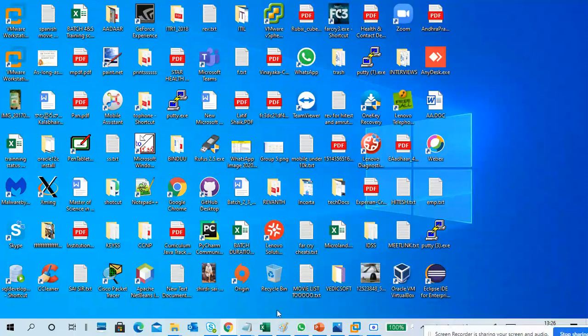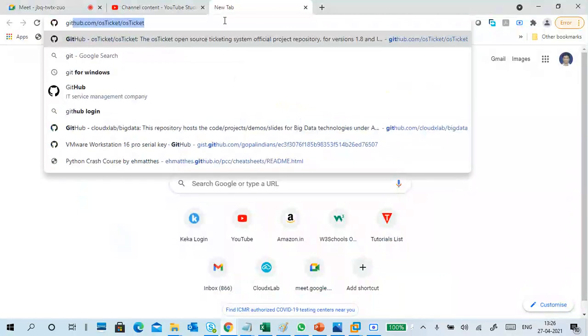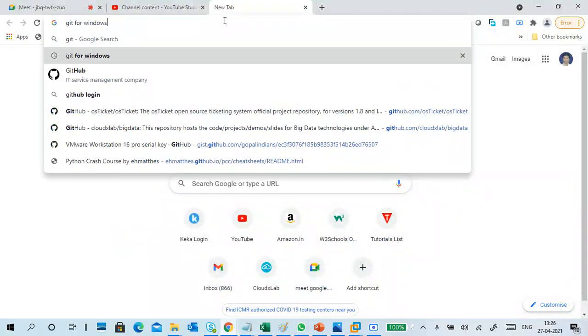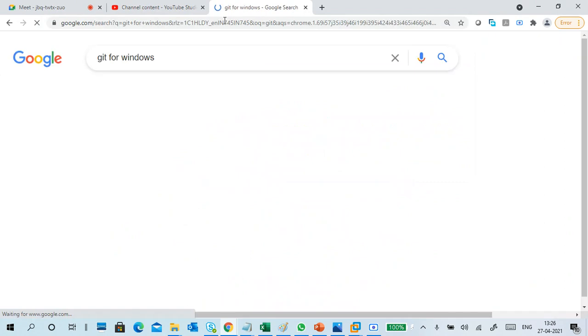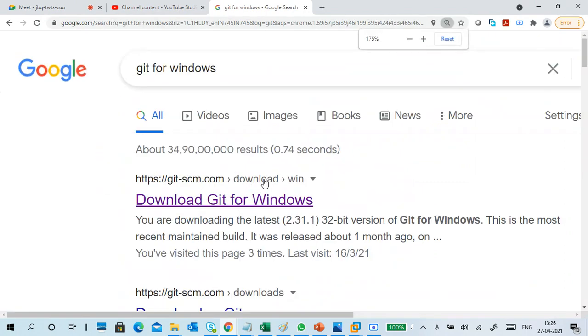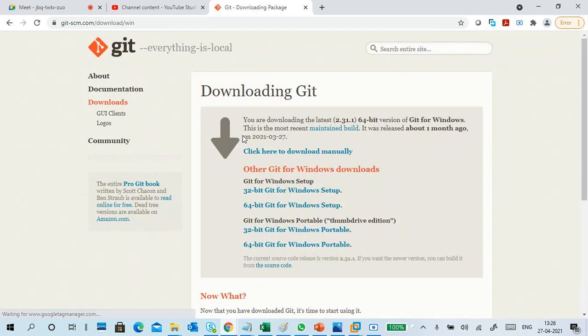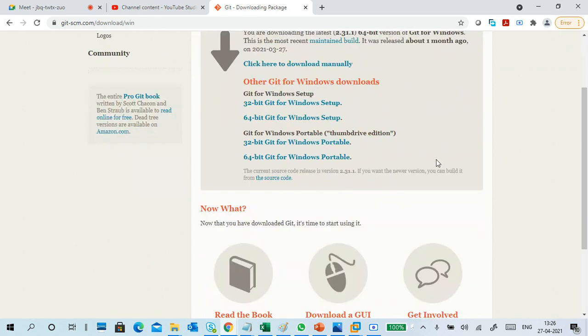And very easy. Okay, so very simple. Type git, not GitHub, git for Windows, git hyphen scm. You can see this one, git hyphen scm. So you can click here or you can click here, no problem. Okay, this git we are downloading in your virtual machine only. Very simple way. Okay, so here it is showing